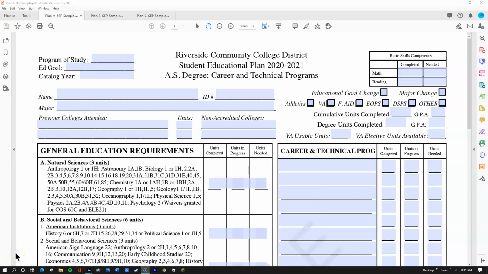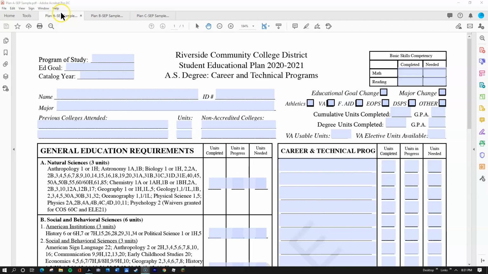Hi, today we're going to go over educational plans from Riverside City College. There are many different associate degrees and certificates you can receive from RCC, but there are three, maybe four major types of associate's degrees that you can get. Plan A, Plan B, Plan C is what we'll call them, and then there's also the associate's degree for transfer, which we'll make another video on those types of degrees. But these are the educational plans that you can get completed if you are a student there, and we'll start